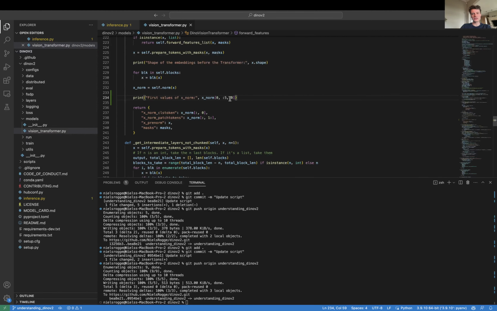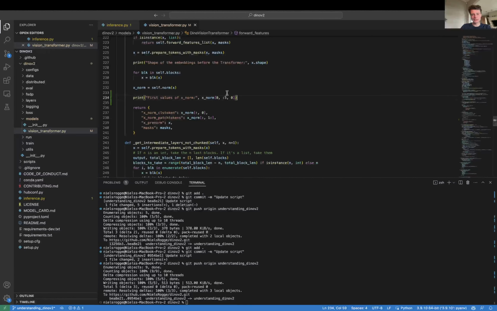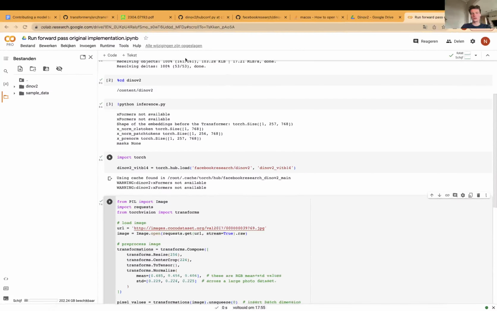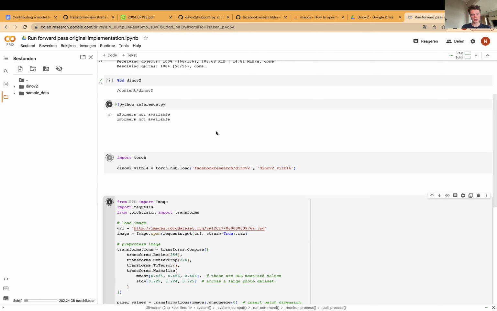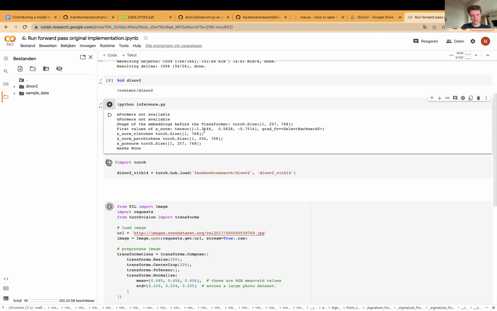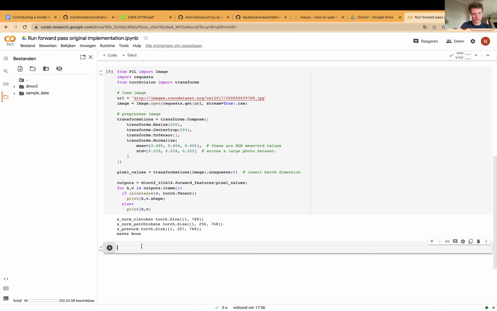The shape has 3 values, so we can print out those first values. Then I can run the script again, so just restart, run all. As you can see, it's quite fast, so it's handy. So we can see what the actual values of this x norm tensor are. As you can see, it's like minus 131. So let's also do that for the